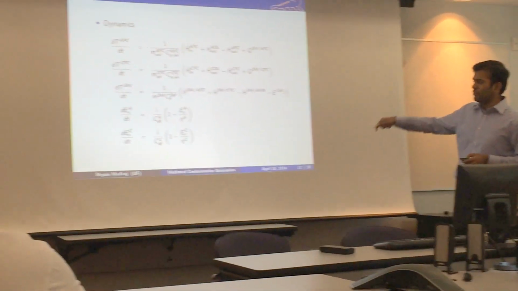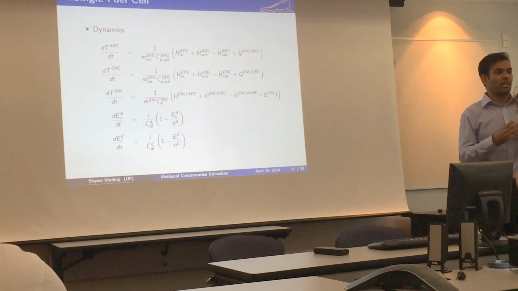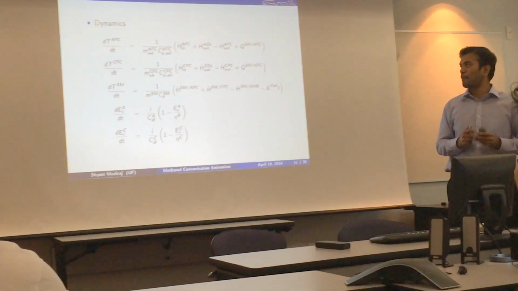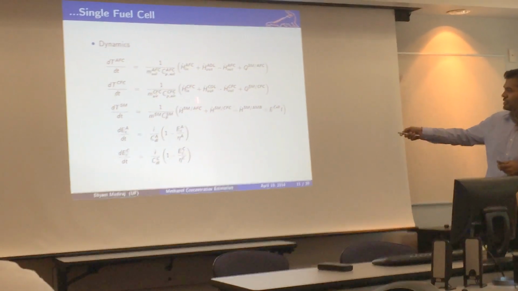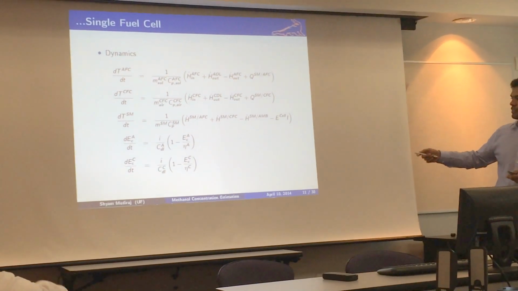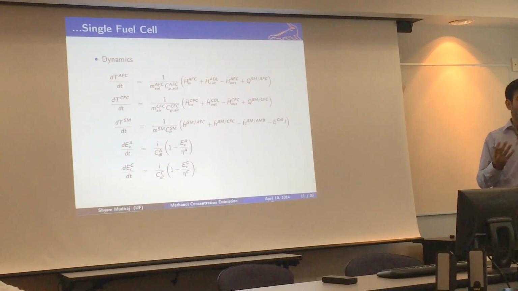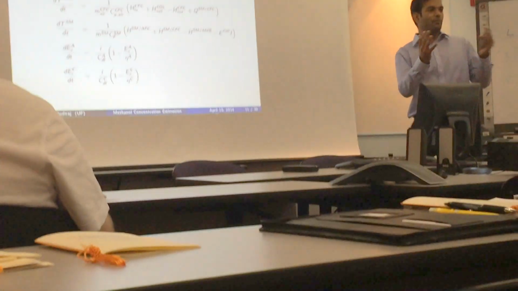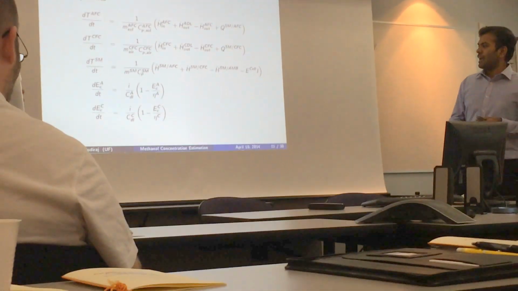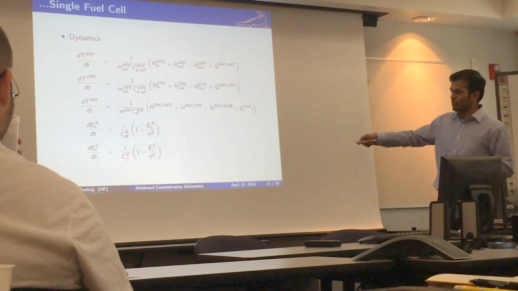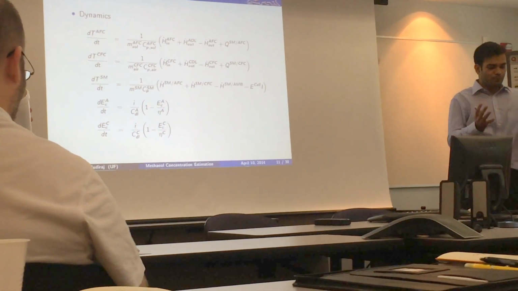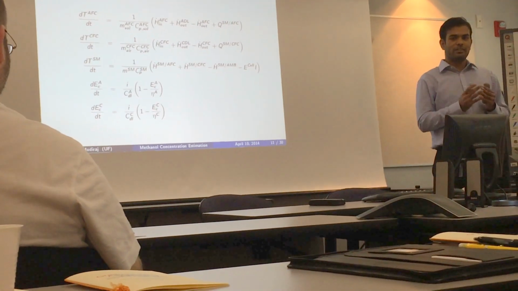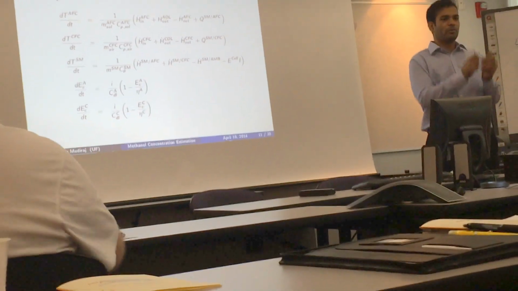We have 5 differential equations that describe dynamics in our single cell. The first 3 equations come from the energy balance, and the next 2 equations come from the electrochemistry. These 3 differential equations for the temperature describe dynamics of temperatures in the 3 major control volumes. And the 2 differential equations here represent the dynamics of voltage across charged double layers that form across the 2 electrodes.